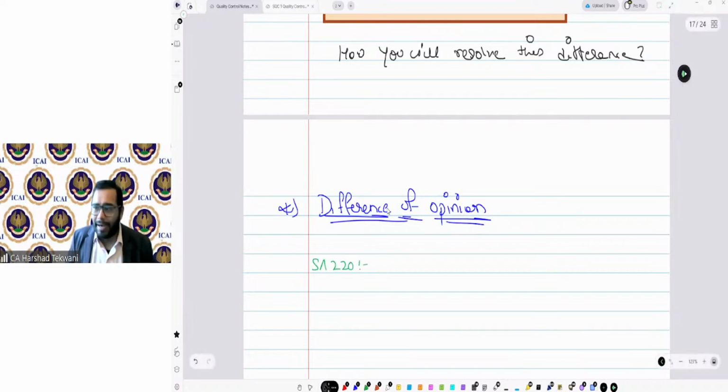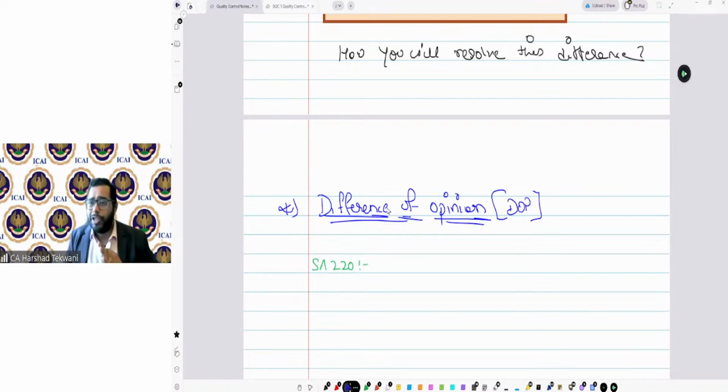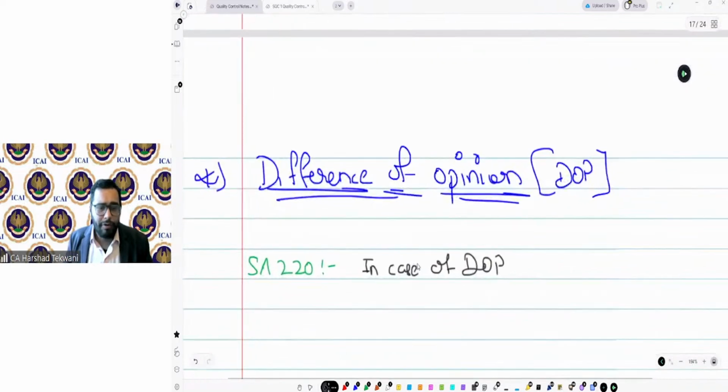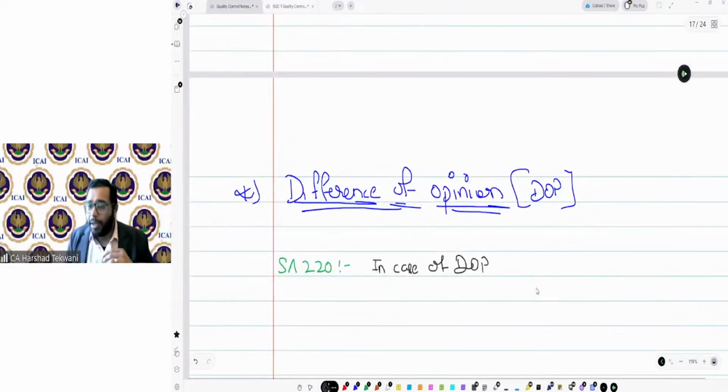SA 220 says that if a difference of opinion arises, I usually call difference of opinion a DOP. Please do not use these abbreviations in the exam, they are not allowed. This is for quickly writing and for the preparation of summary. So, as per SA 220, in case of DOP,